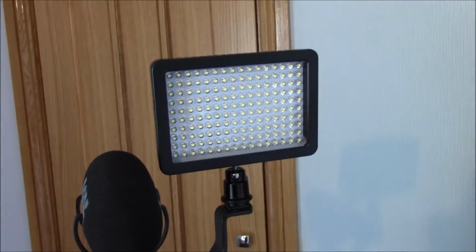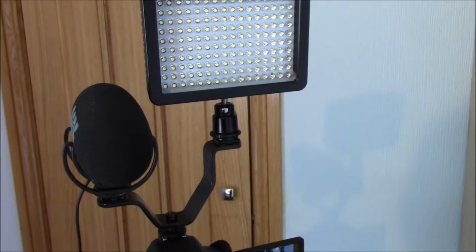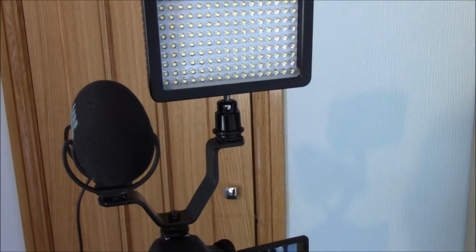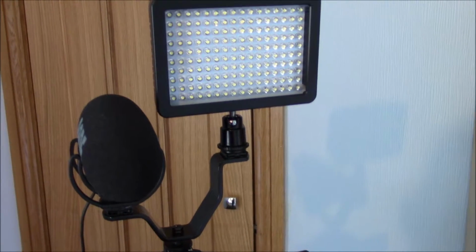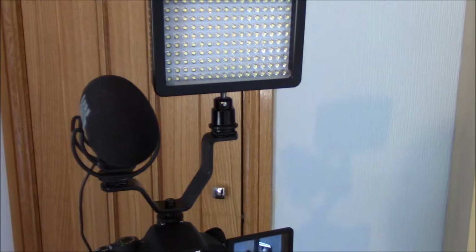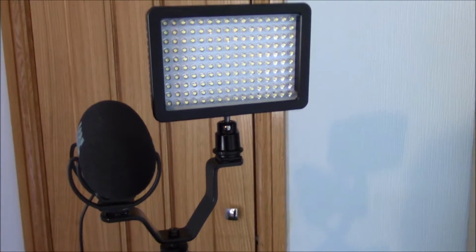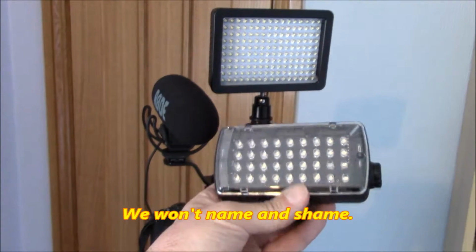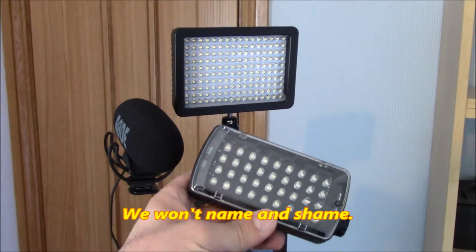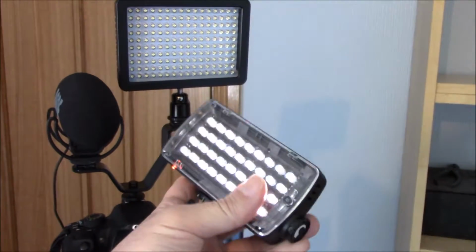The lighting rig I'm quite happy with, but in general it doesn't seem to really flood what I'm looking at with light. It just sort of concentrates on a tiny area. Getting the angle on it does help, and I'm finding this is probably, overall, the best rig I've had so far in terms of lighting. The rig I was using before, which I've got here, has fewer LEDs, less reflective quality, and when I turn it on nowadays, although